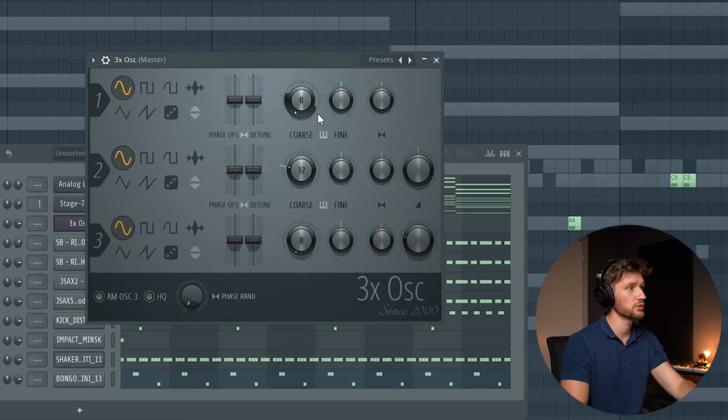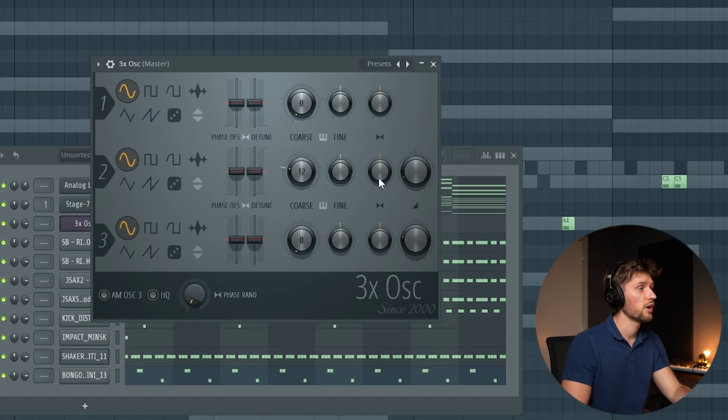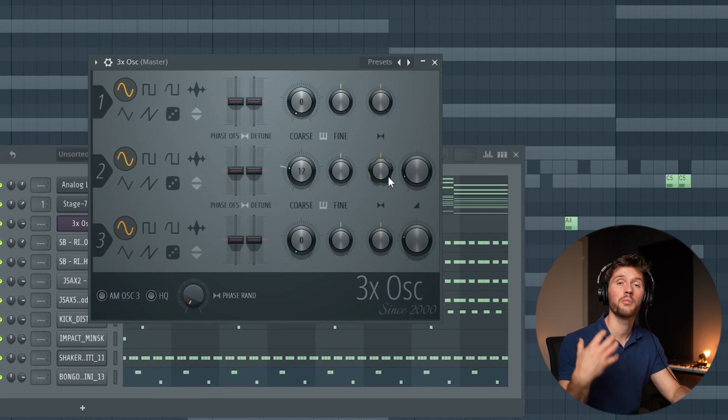Alright, I'm gonna add the bass line. I'm gonna build this one from scratch. So I'm gonna use 3x OSC for the bass synth. So just open it up, turn this one down to 0. Then just add around 50%, something like this, of the second oscillator, which will add some more mid frequencies to